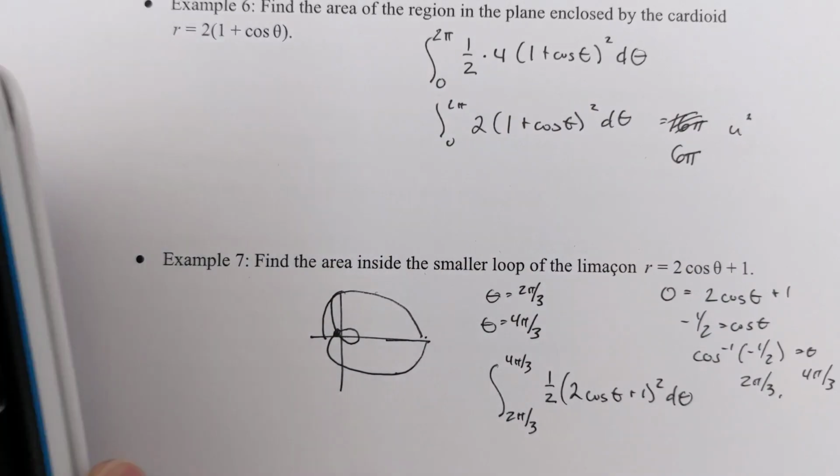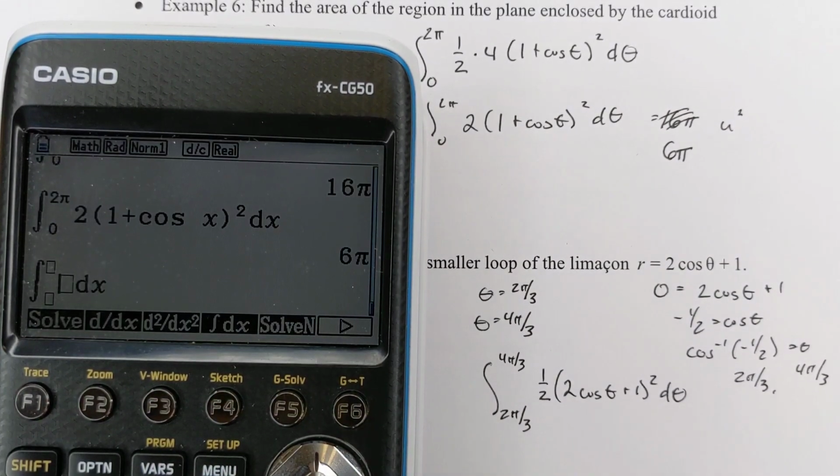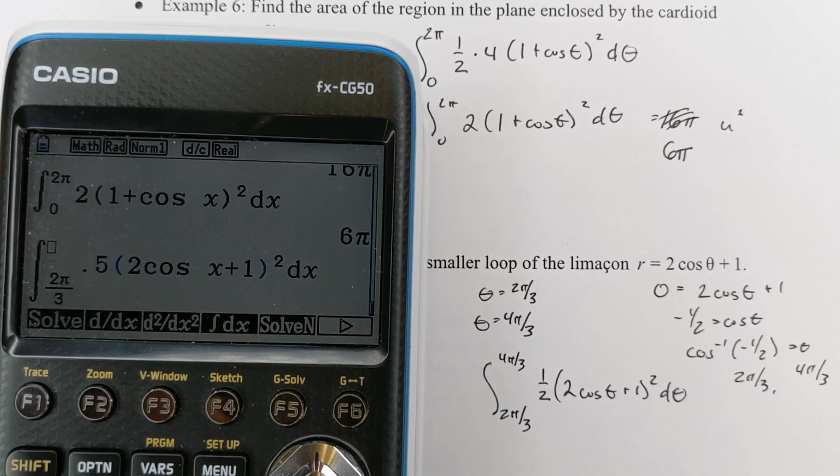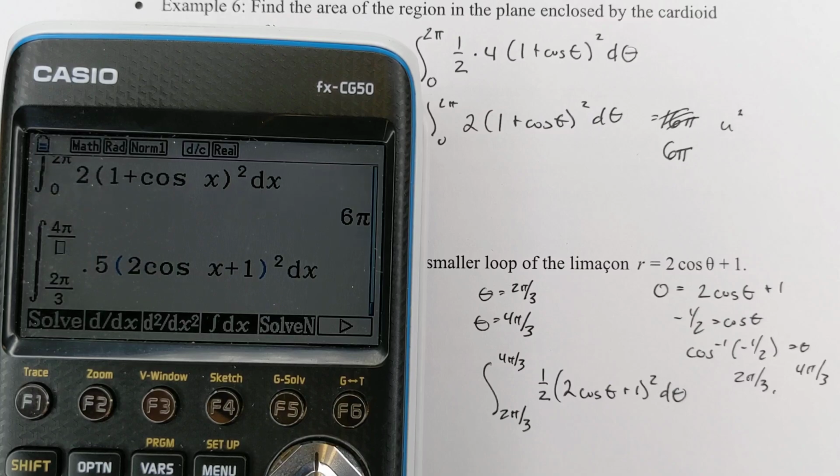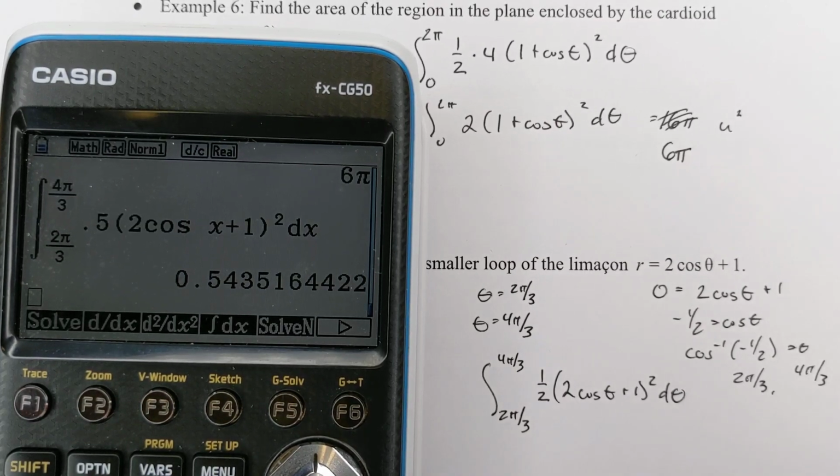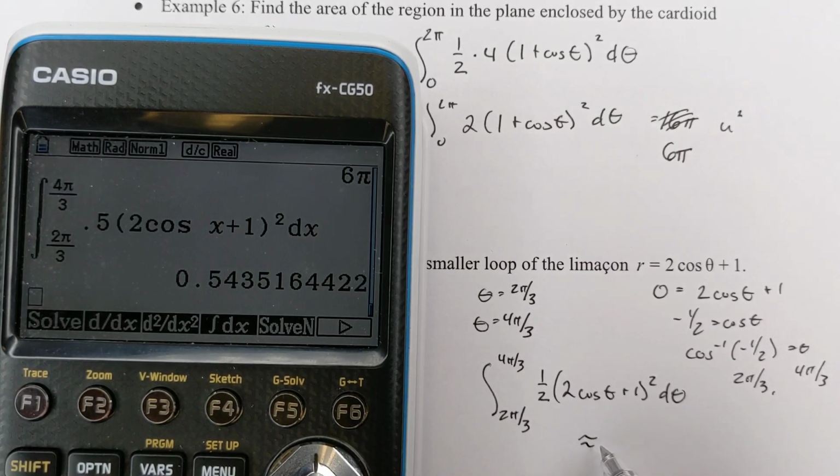And the calculator says 0.5 quantity 2 cosine theta plus 1 closed squared from 2 pi over 3 to 4 pi over 3, and this comes out to be about